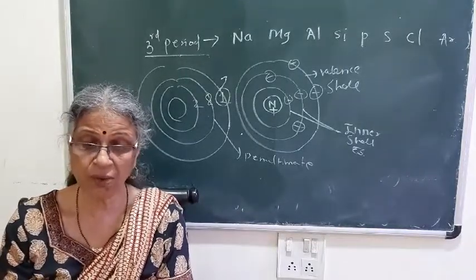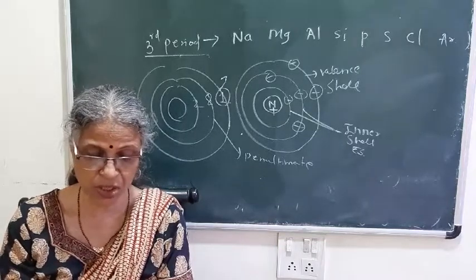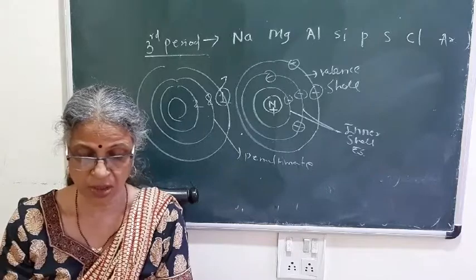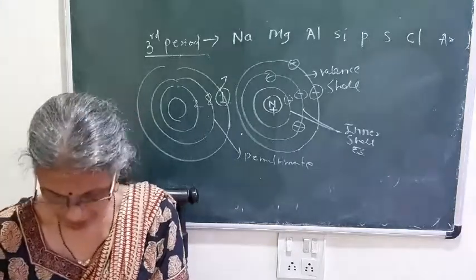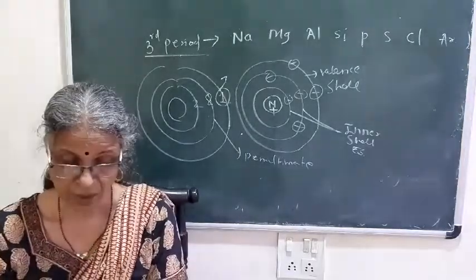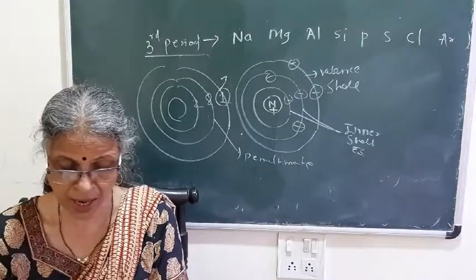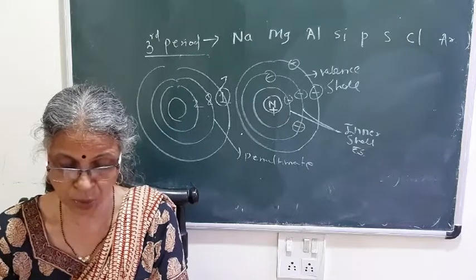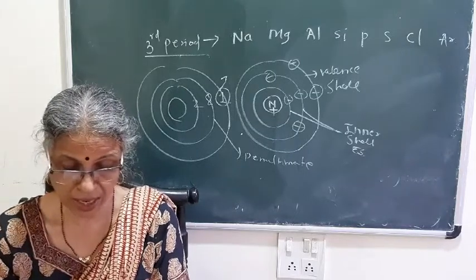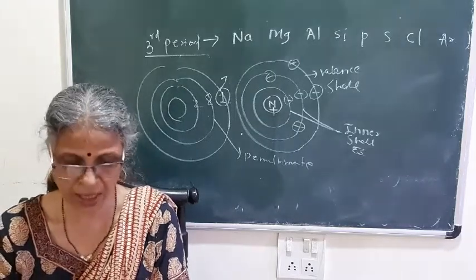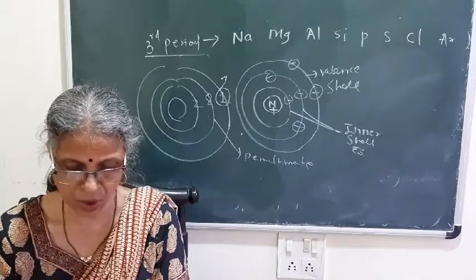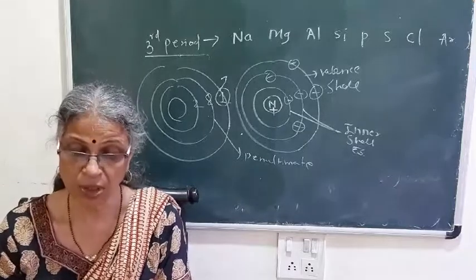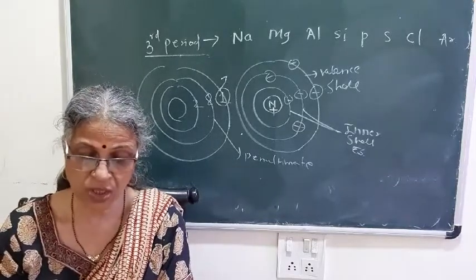Then I will come to question number 5, which is a small question. Write the name and symbol of the element from the description. The atom having the smallest size, that is helium. The atom having the smallest atomic mass, hydrogen. The most electronegative atom, fluorine, F. The noble gas with the smallest atomic radius, helium. And the most reactive non-metal is fluorine. Followed?